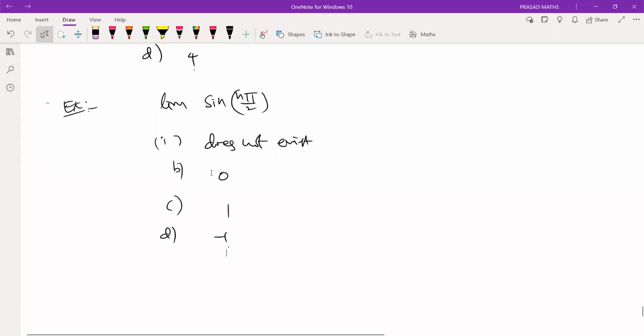Naresh Kumar is saying the answer is 1. Yeah, correct. You are correct. And again an exercise: limit of